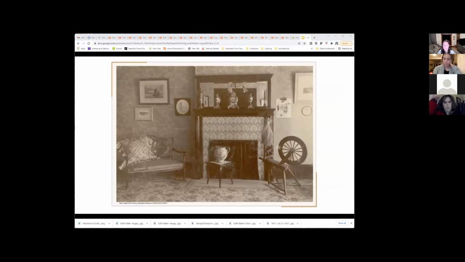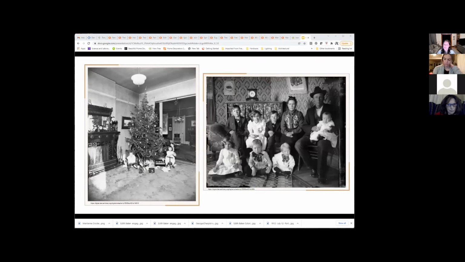This is just a beautiful image of how the Victorian style could be both vibrant and simple at the same time. And it's always nice when you can find photos of real people living in their homes. Many magazines and sources on decorating often portray the best case scenario, the most expensive, the best design. But it's a treat when you can look at these styles and time periods, seeing how people in their own homes of modest means chose to decorate. Here we see two families in their homes. You have a nice rug, great wall covering, a few pieces of furniture, and the family's prized clocks and vases